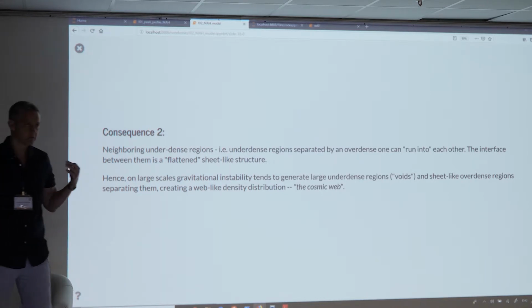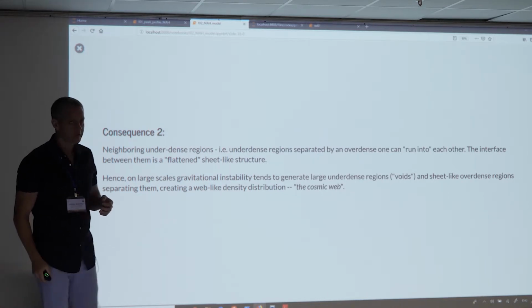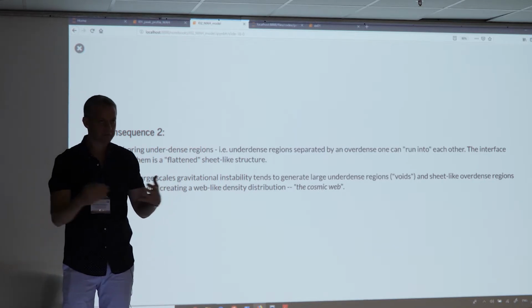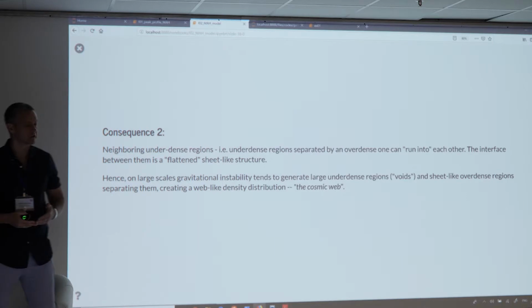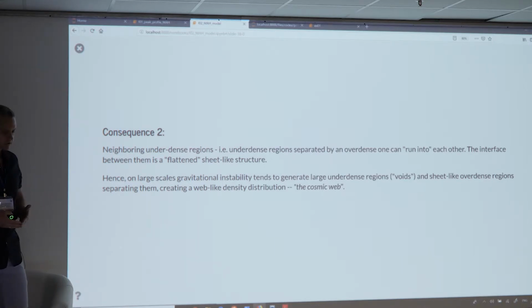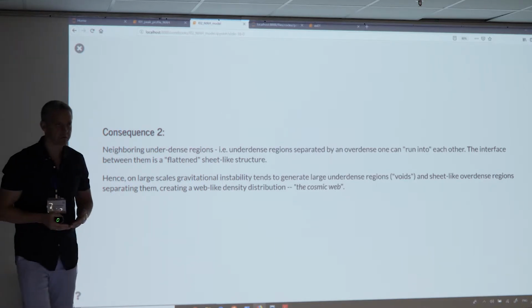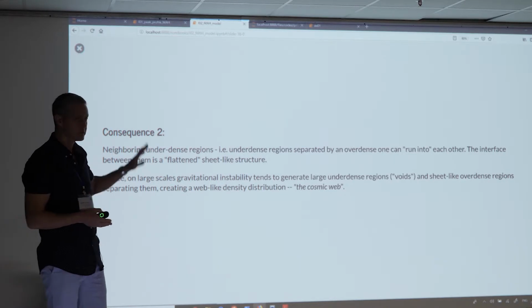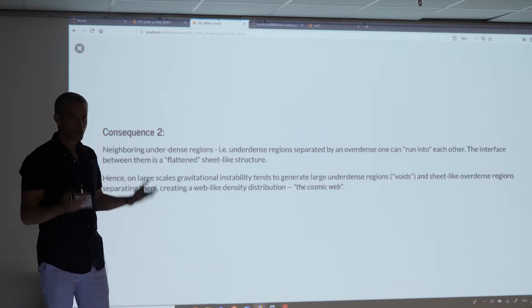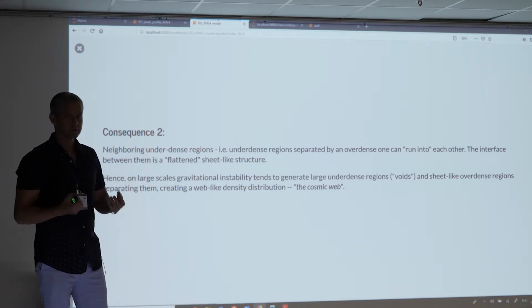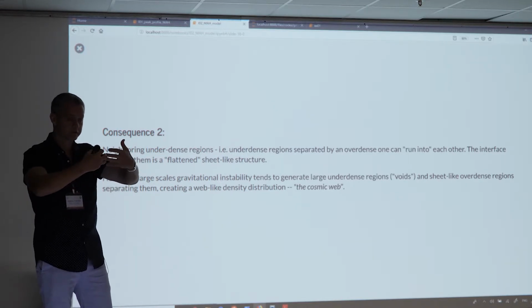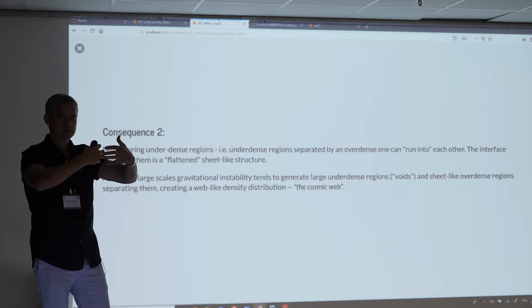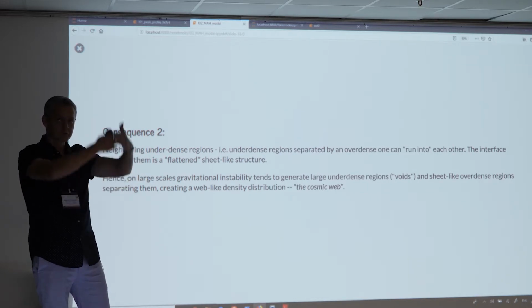To describe this process properly, you have to consider a collapse model that takes the anisotropy of collapse into account, such as the Zeldovich approximation or higher-order approximations. But qualitatively, we can understand the formation of such sheet-like structures even from this simple model, knowing that underdense regions expand faster in comoving units, their volume increases, and they will have to run into each other and form some sort of wall-like